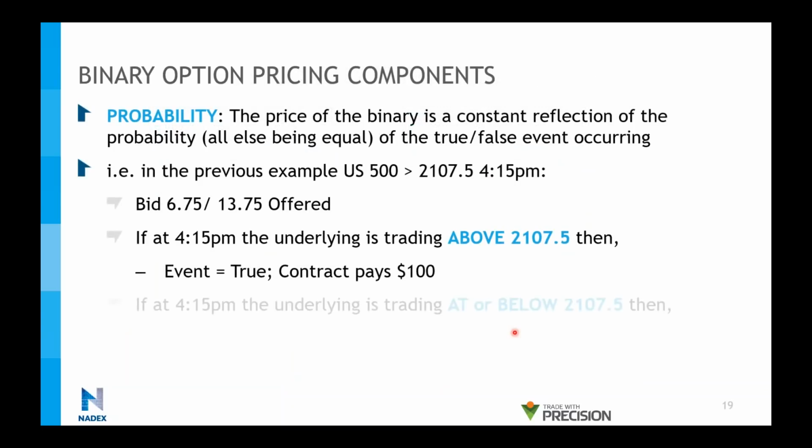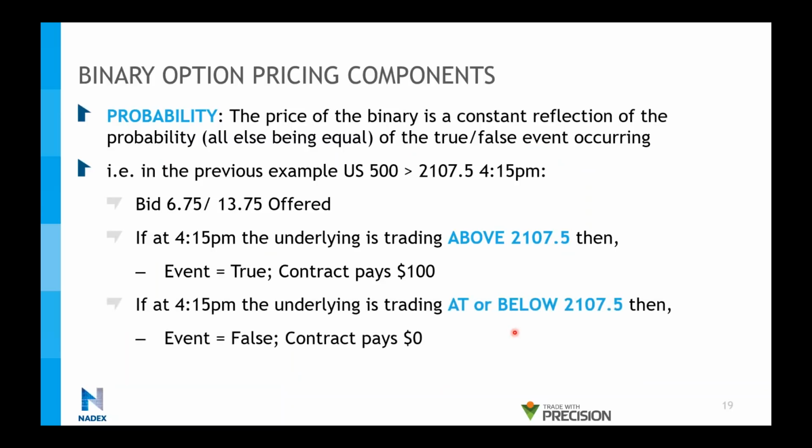What are the components when it comes to pricing those binary options? Probabilities. Trading is pretty much all about probabilities, and options clearly consider probabilities as well. The price of the binary is a constant reflection of the probability, all else being equal, of the true-false event occurring. So in the previous example, we want to see that the S&P 500 is trading above, again, not equal, but above